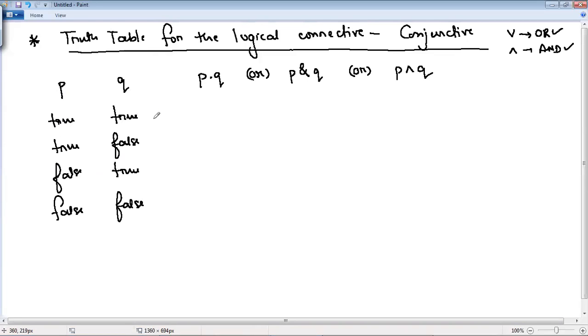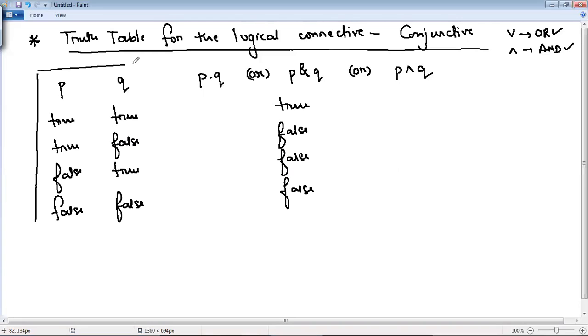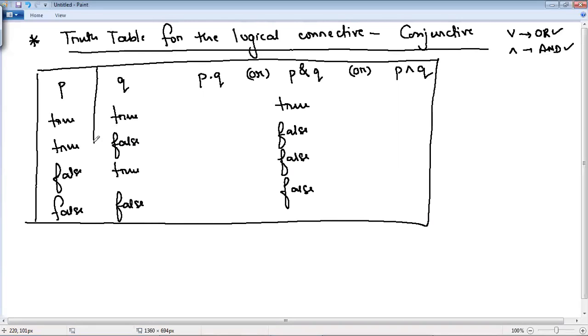If both the statements are true, then we can say yes, it is true. In other cases, if any single proposition is false, the final result will be false. Here also it will be false. Here both are false, so it will be false. So this is the truth table for the logical connective, that is conjunctive. It is similar to the AND operation.